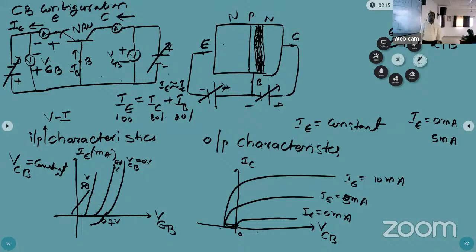Okay, now this is the CB configuration and the CB configuration input and output characteristics. Okay, now